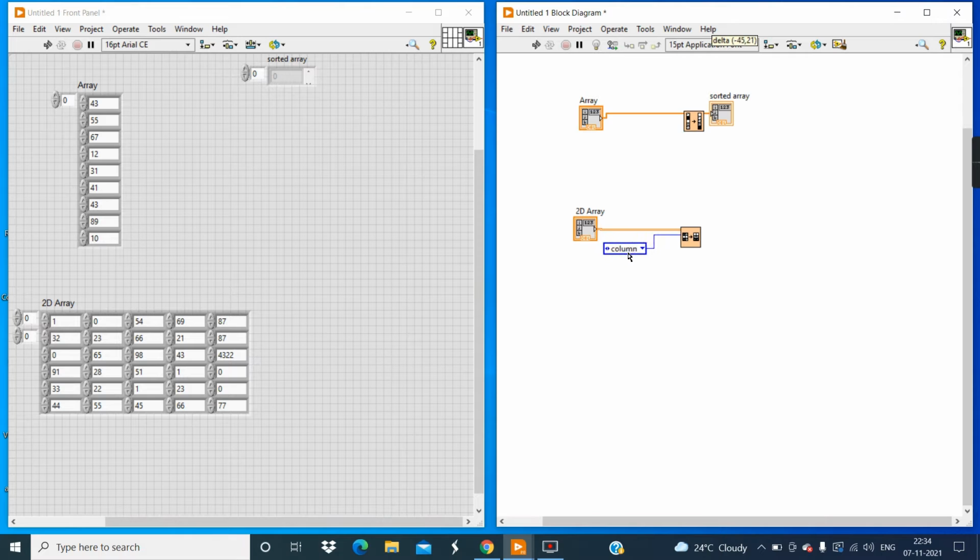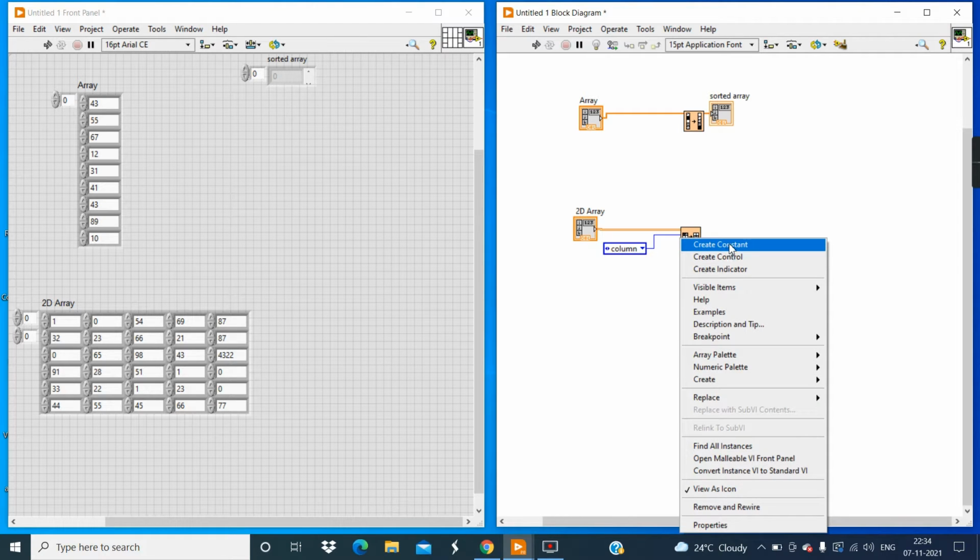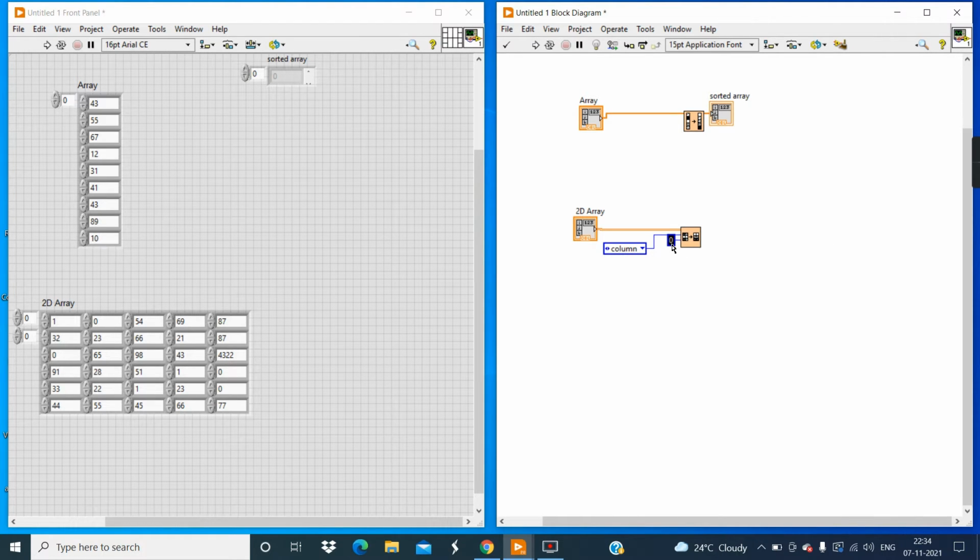Now, as per our specification, suppose I want to sort this column. Which column? Column number 1. Now create the index constant. What I'm saying is column number 1.